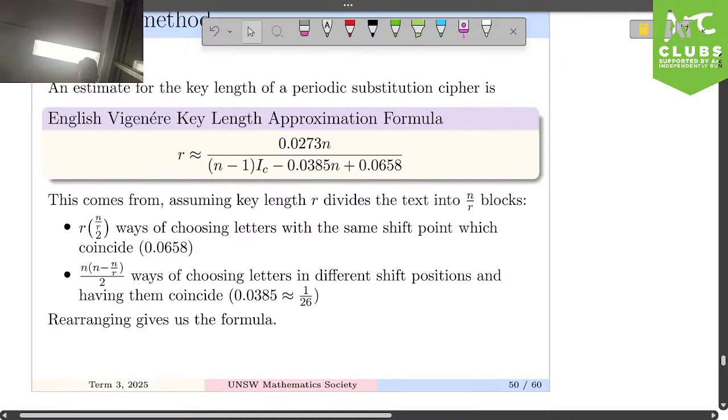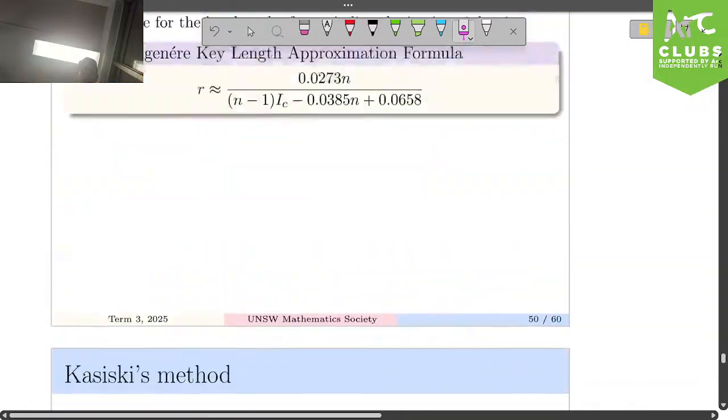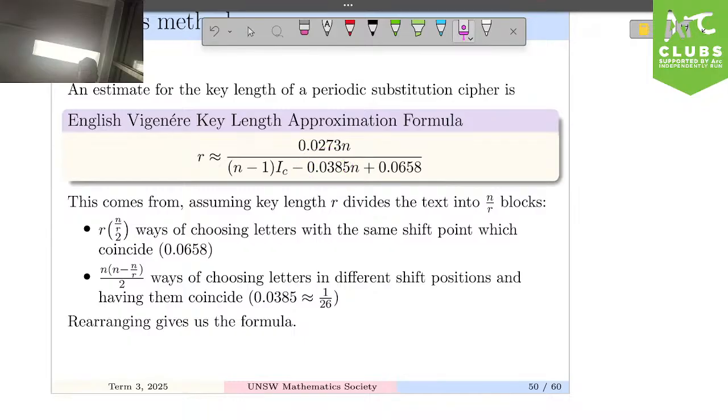But this last number at the end, whoopsies. This last number at the end, oh, not this number, this number here. This is approximately 1 on 26, which means that it's counting the number of letters. The equal likelihood that two letters are the same is about the same as the probability that I pick a random letter. So there are arguments like this that show up to figure out what exactly these numbers are and where they come from.